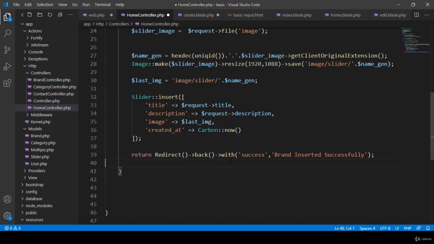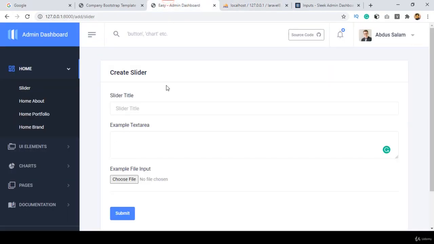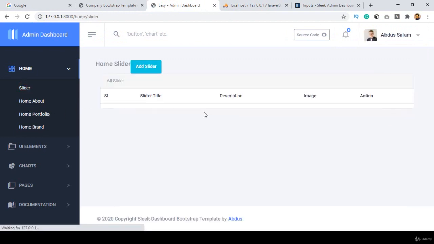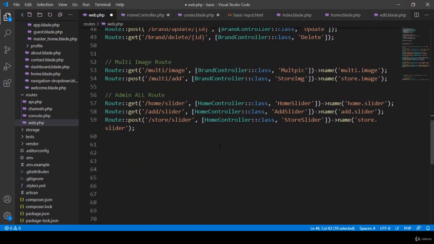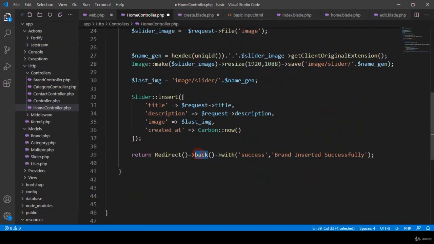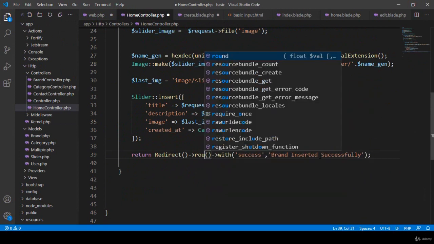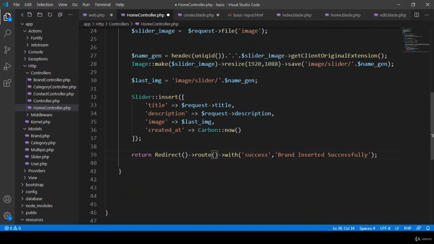If you want to pass it to another page, you can. But better, when this is submitted, I want it to redirect to our slider home page. For this one I have also created a URL, right? If you go to our web route, you can see it's our home slider. It will redirect to the home slider with a message. So now I want to use one of the routes, and here I declare that route, which will redirect to the home slider with the success message